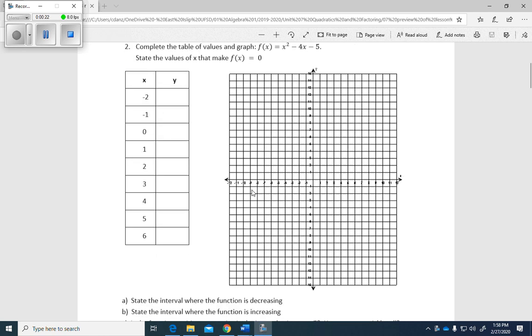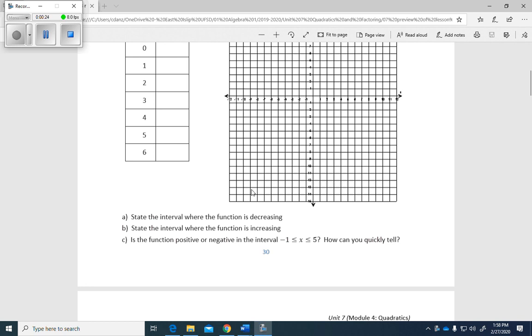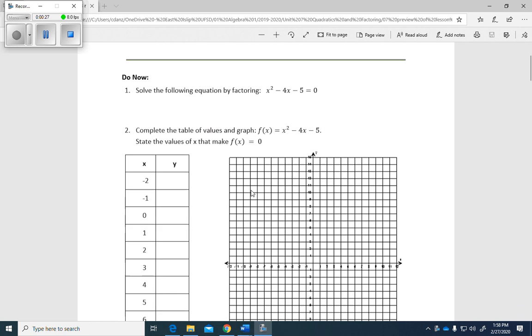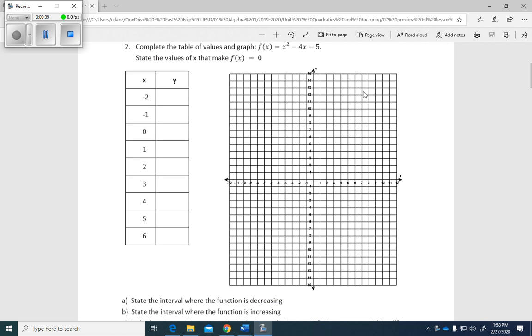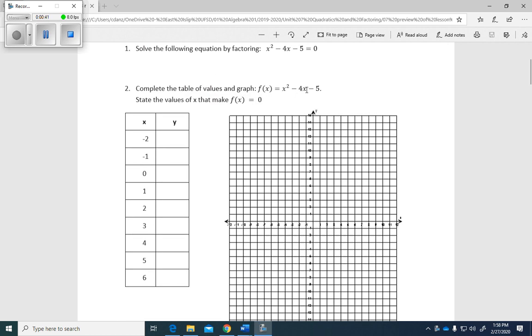I'm actually going to do the do now with you. So I'm on page 30. We can copy the objective tomorrow in class. Solve the following equations by factoring. That you could do on your own. You could do tomorrow at the start of class. I just want to do what's new to you, which is completing the table of values so that we can